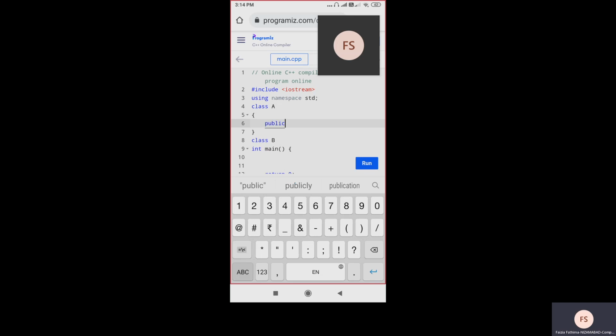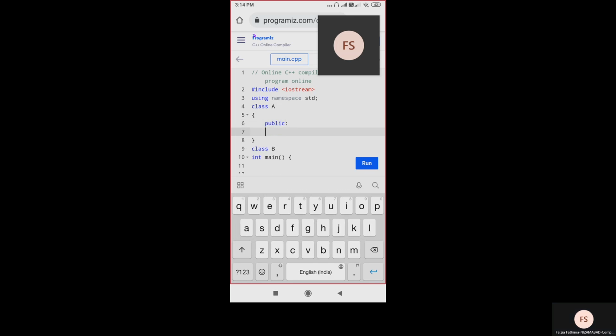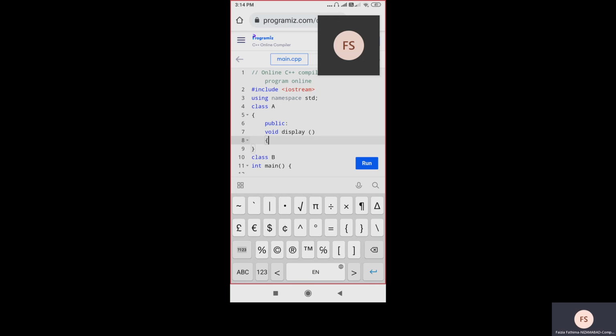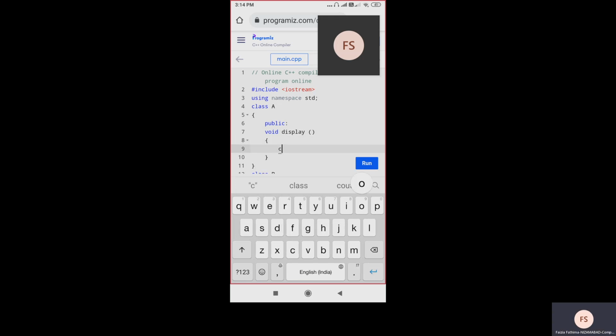In class A, I am having the public specifier. In that I am having a function called void display. In this void display member function, I am going to print that it is a base class. So cout, double less than, in double quotes I am writing content of base class.